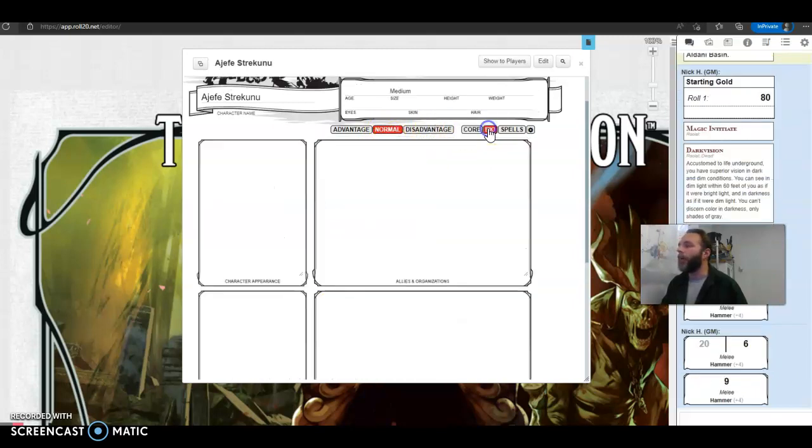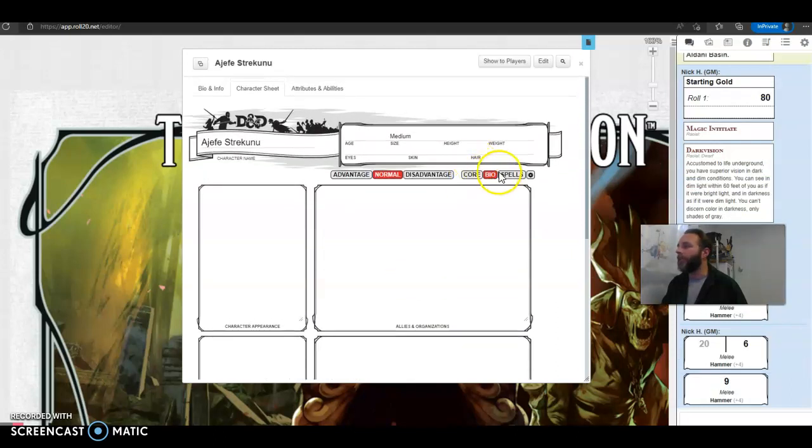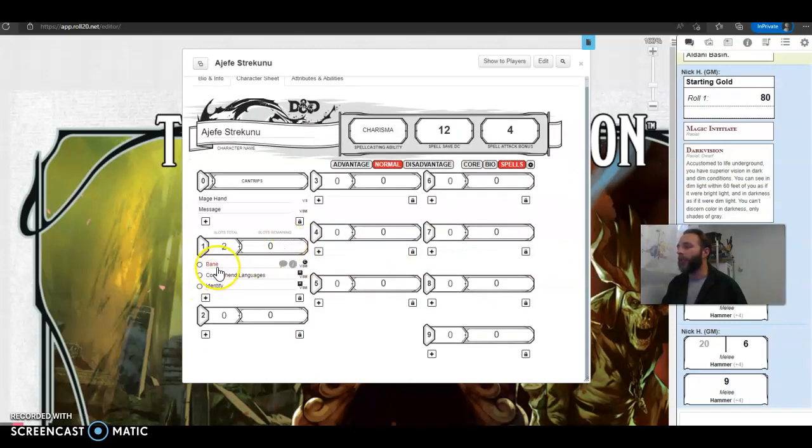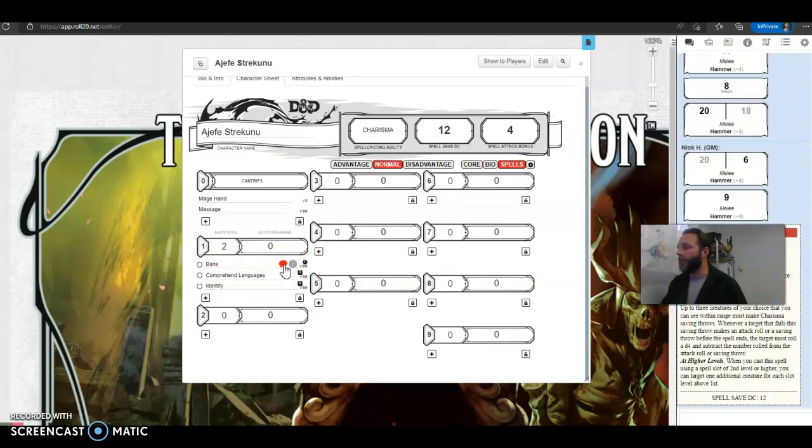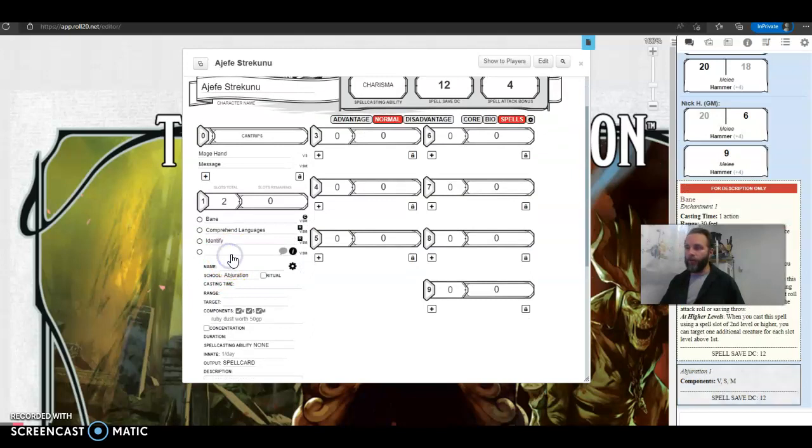This is my core. I can put some character information in here. You can modify your spells in here. The system is smart enough to know that Bane is a spell that I cast, so it can actually put the text in there if it's something that you have. If you're using a spell that for some reason we don't have in there, like, I'm actually surprised to see these spells are in the SRD. It might just be because I bought Tomb of Annihilation, but I never actually had spells before this, so this is new and fresh. You can also just add here, you know,